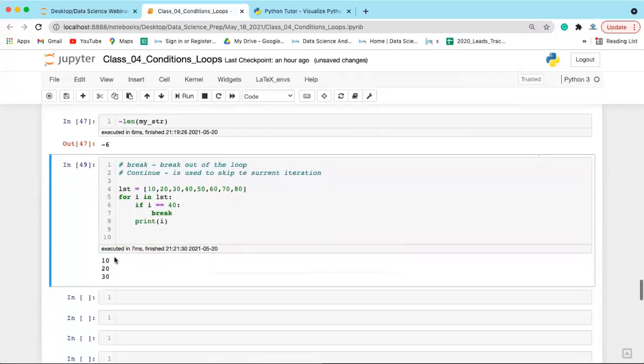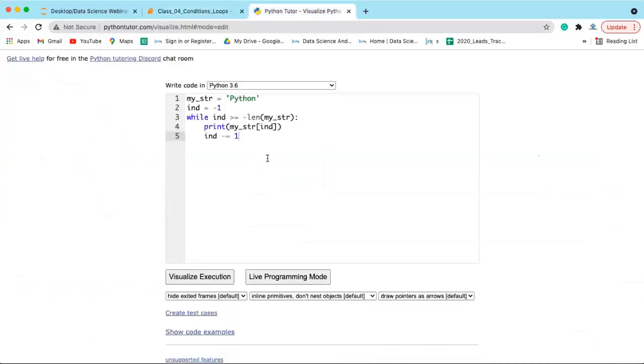So you will see we are getting 10, 20 and 30. What happens when you execute the loop? Let's see what happens here. When you execute the loop here,